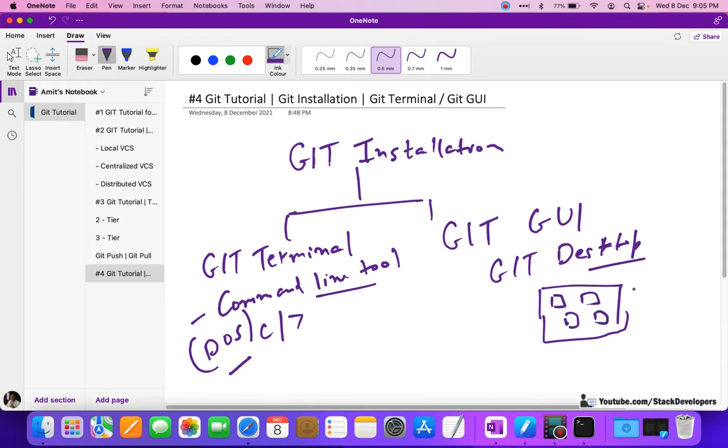Like I have told you, there are commands like git push and git pull. You just need to click on the button, and that code will go to the Git server.